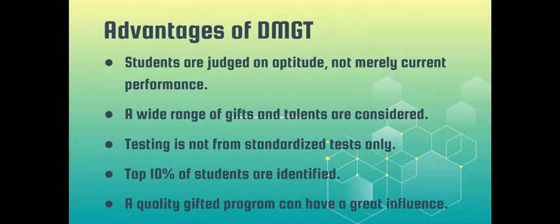It does identify the top 10%, which is what is recommended. That is a lot of students. Some schools are 1 or 2%. So looking at the top 10% of students to be potentially gifted is a large range of students. Now, Gagne does go on to say that probably only 1% of students will actually fully meet their potential based on some of those motivational factors and some other things like that. But I do see it as an advantage that a lot of students can be identified